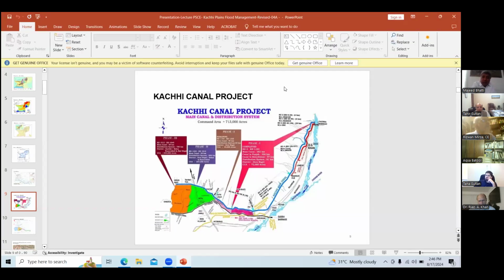This starts from Tausabraj from here, and it will end here. It's about a 500-kilometer long main canal. So this will be its irrigation system. All the irrigation system will be in Baluchistan. This has been completed in Dera Bukti area, and this is under completion. The area by this part will be irrigated, about 100,000 acres. And the balance, these are phase 2 and phase 3. The rest of the 2 phases will irrigate another about 600,000 acres.